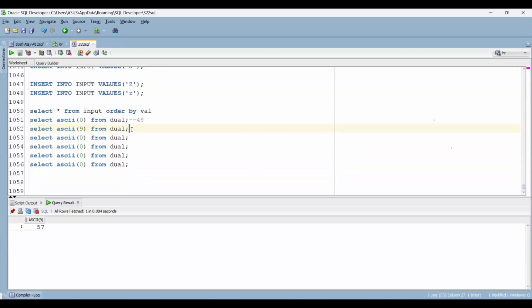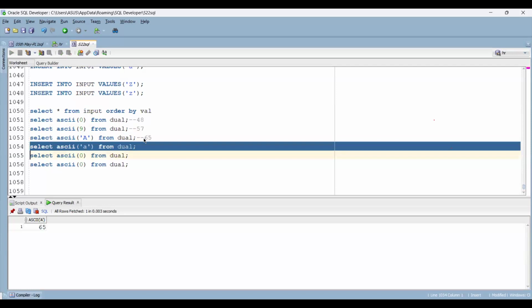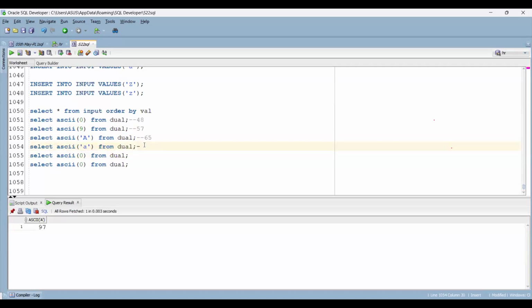ASCII value of 9 is 57. ASCII value of capital A is 65. Lowercase a is how much? 97. You don't have to remember it. Okay. Uppercase Z, 90. Lowercase z,